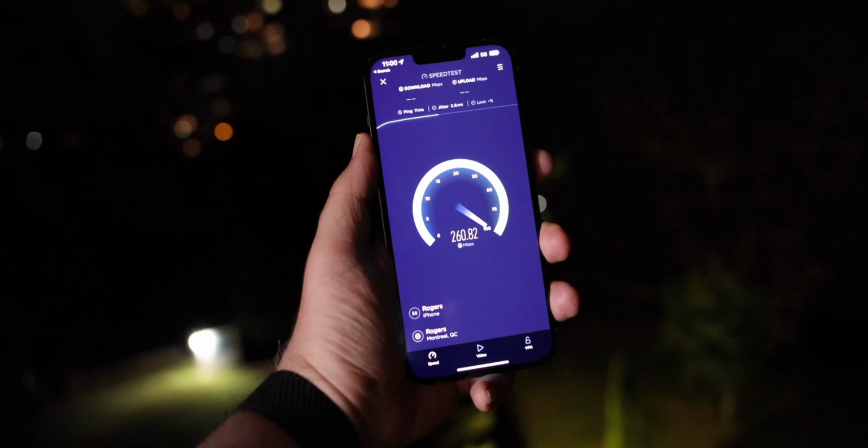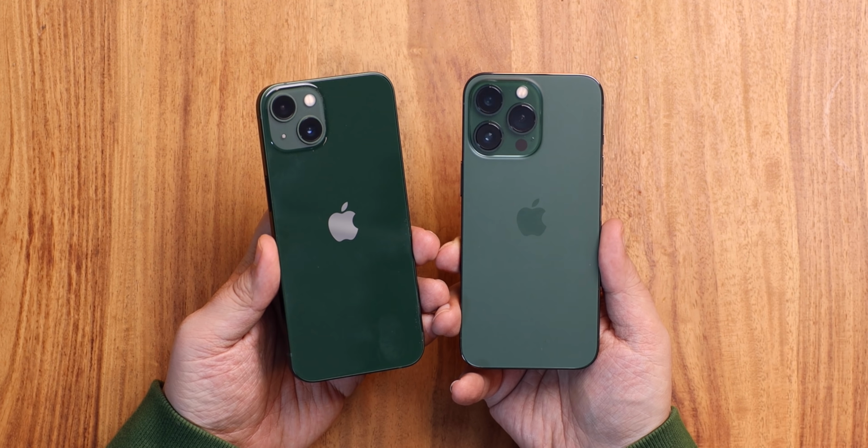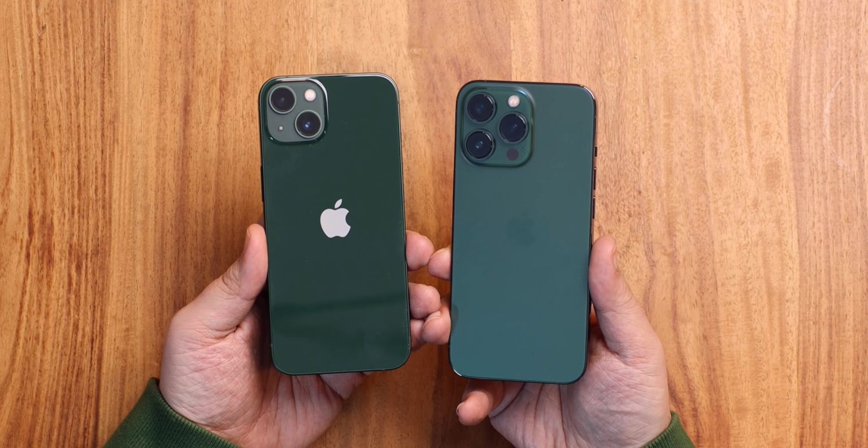Really, really good water resistance, not so good scratch resistance, but really impeccable ceramic shield shatter resistance. 5G, all the Gs, all of that exactly the same, just now in green. And from a color perspective, these are the nicest, the absolute nicest greens that Apple has ever released. And while I might still be holding out for a proper orange or a really deep purple,